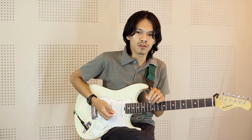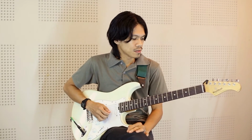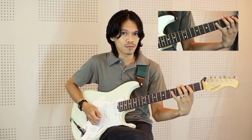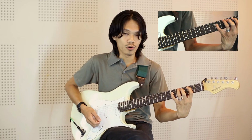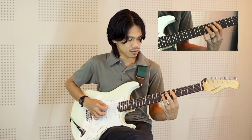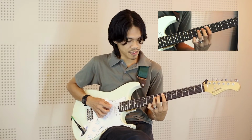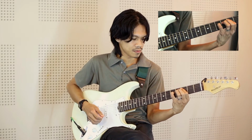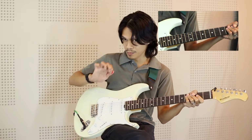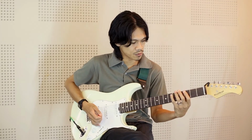When we get to the pre-chorus, I used power chords to bring the dynamics up with a slight overdrive. And the first one is a G over B chord, like this. Going to a D chord, D power chord. An E minor on the 7th fret. And then a C. So I'm using palm muting to control the dynamics. Let me play that for you quick. So